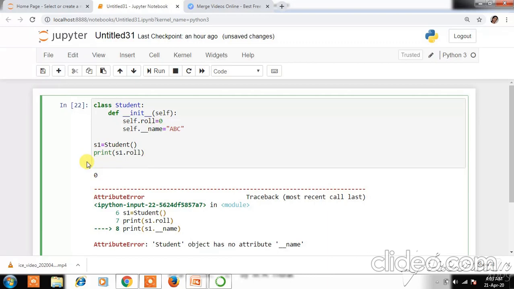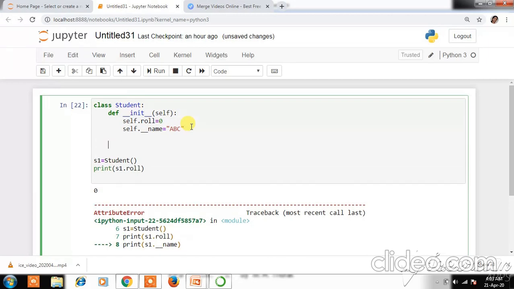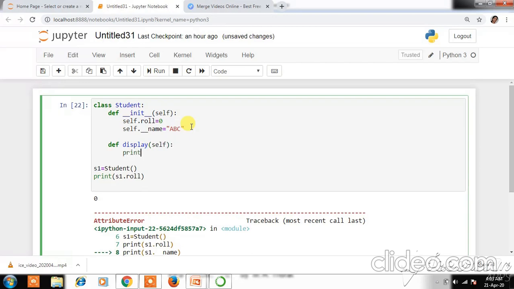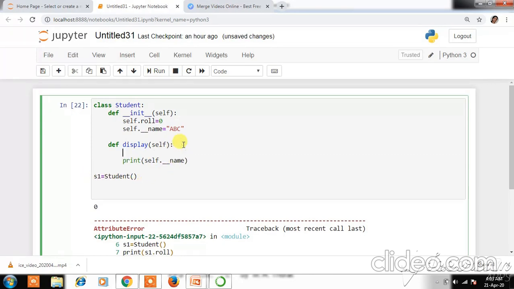So we have to use those members inside the class. How to use those members inside the class? To access the private members, we can define one function, display, with self, and here we simply write print self.__name. We put this statement in the display function.